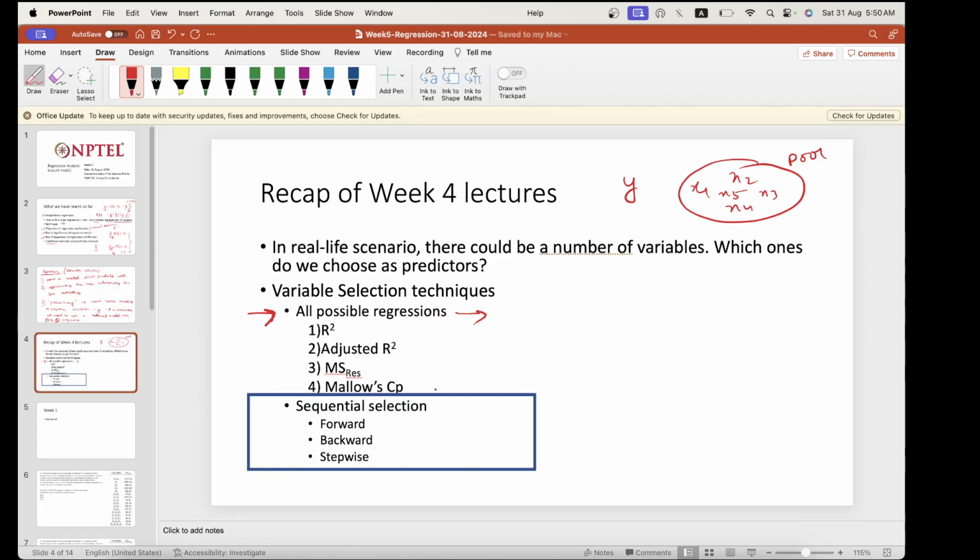So now what I'm going to talk about is sequential selection. Instead of fitting all possible regressions, because you can understand, if I have a very large number of variables, let's say 10 variables,